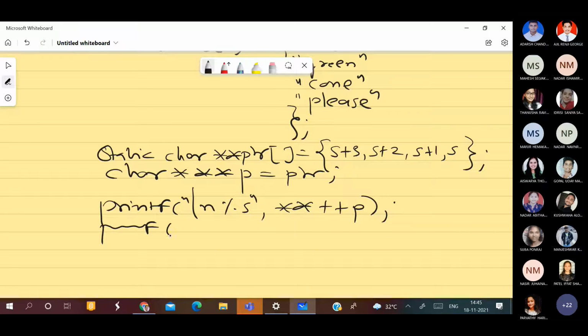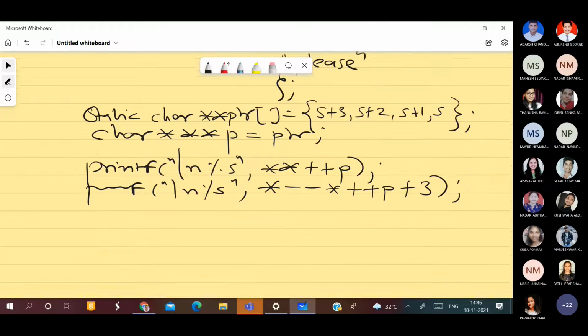Printf /n %s, and we are printing star minus star plus p plus 3. This is what I have to print.